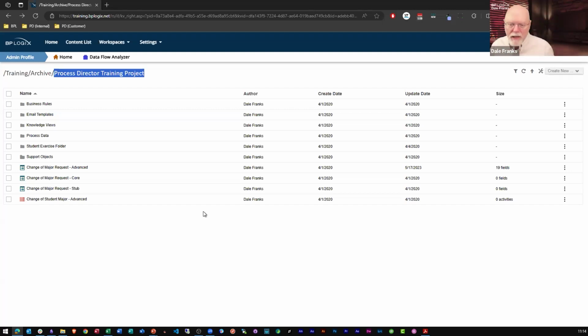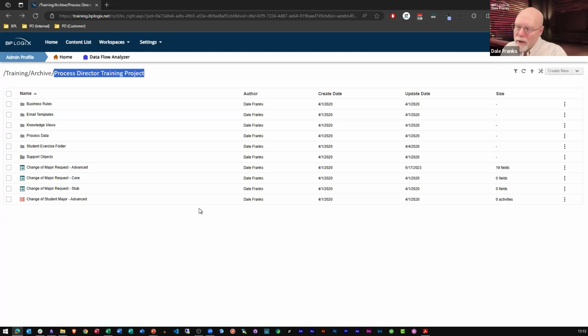Our recommendation for many years, and one, by the way, I note that some of our customers refuse to follow, is that you use this method of application organization. I can't tell you the number of times I've seen customers who just said, okay, we're going to put all of our forms in this folder and all of our timelines in this folder. And I understand why you would think that might be an easily understandable method of organization. And indeed, it is easily understandable. There's no denying that.